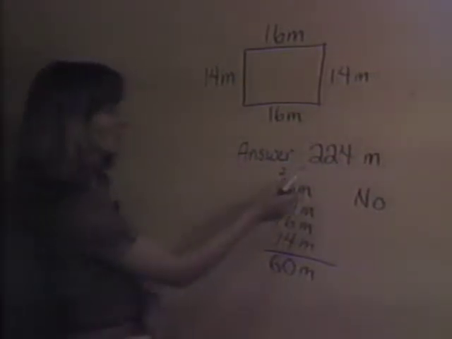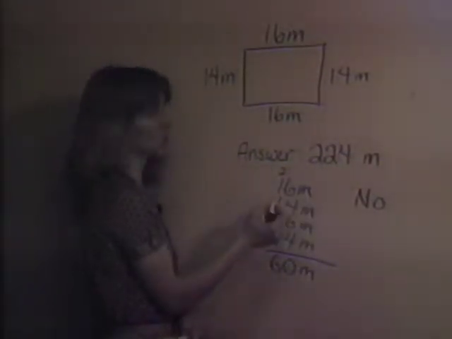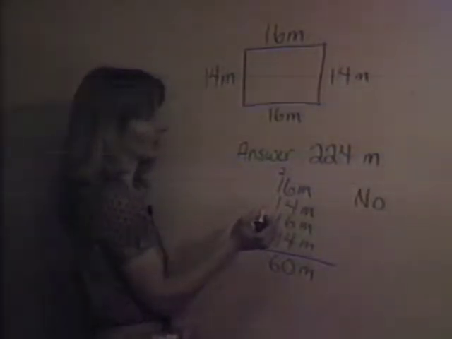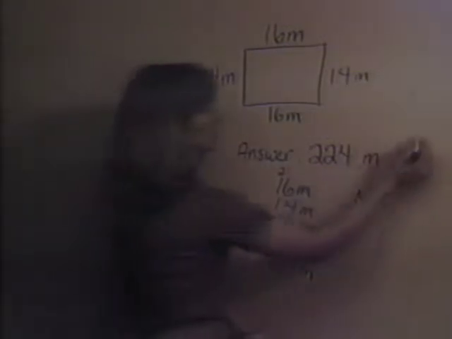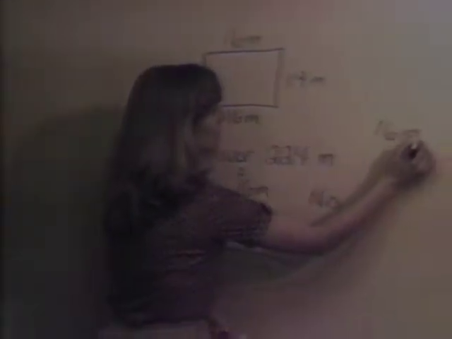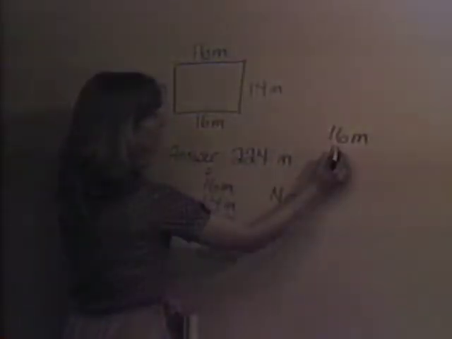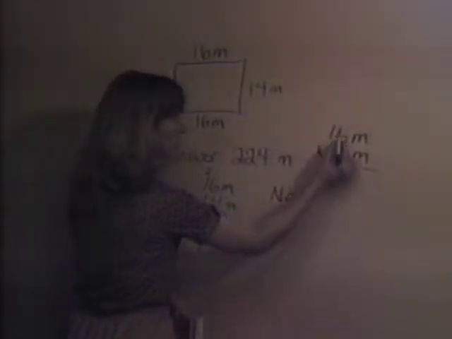I think the reason they had 224 is to see if they would confuse you a little bit by the fact that if we went 14 times 16, then we would probably come up with 224. Let's see if we do. 14 meters times 16, 4 times 6 is 24. Here the 2,